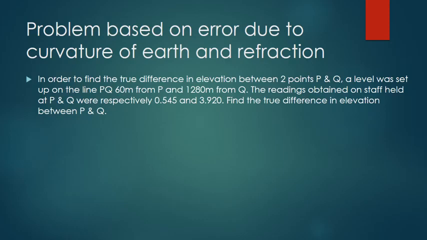Now let us see the reading obtained on staff held at P and Q respectively is 0.545 and 3.920. So the respective readings were also given. Now we have to find out the true difference in elevation between P and Q. So now